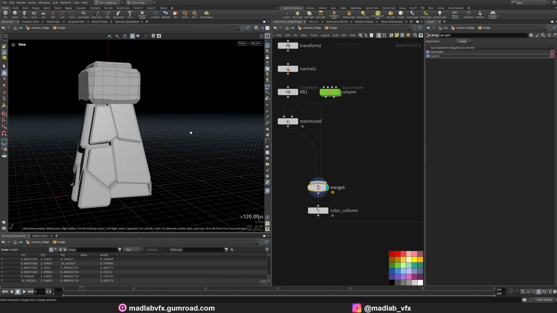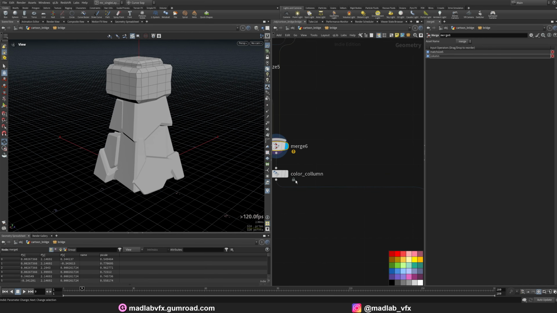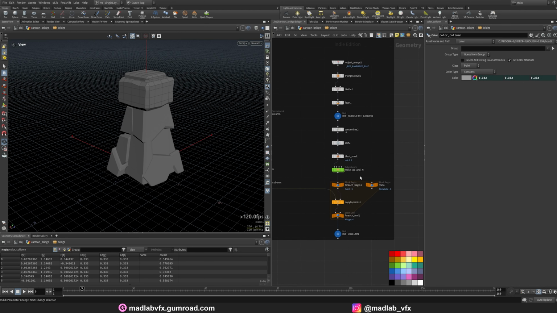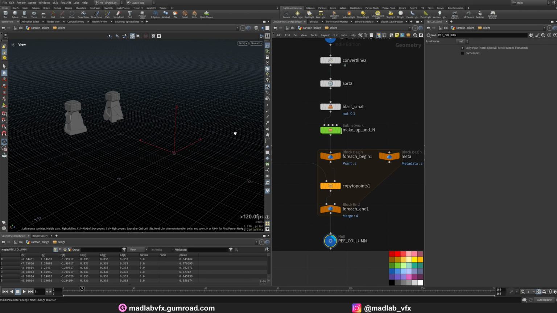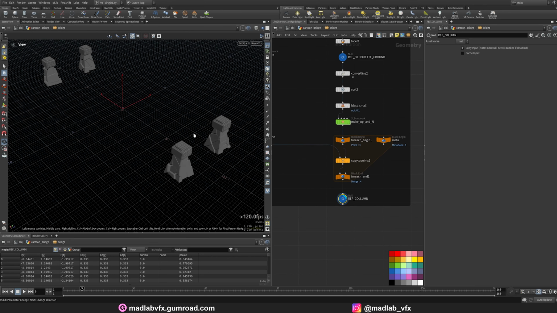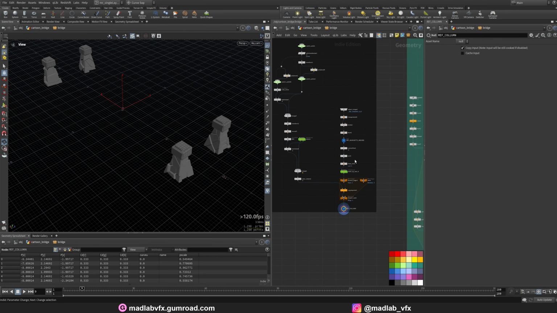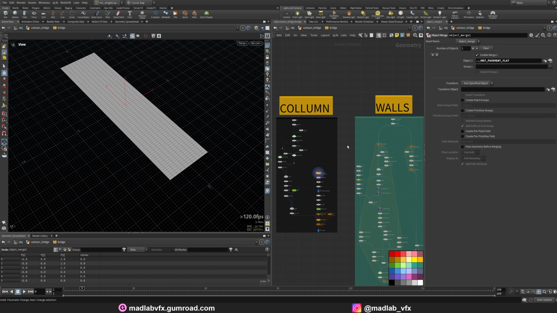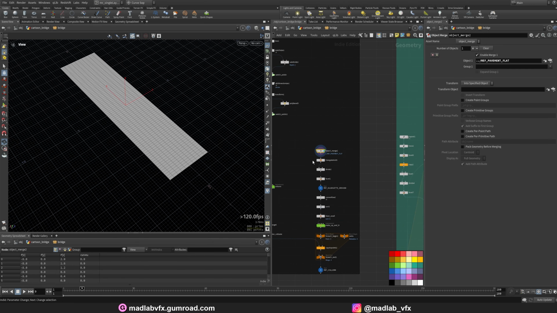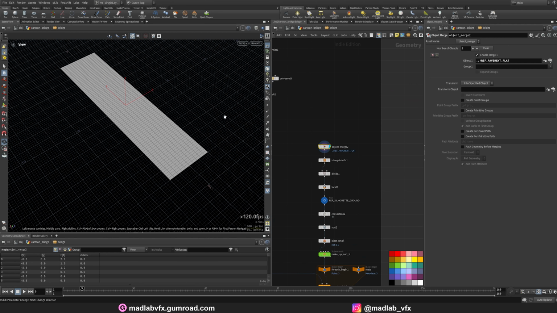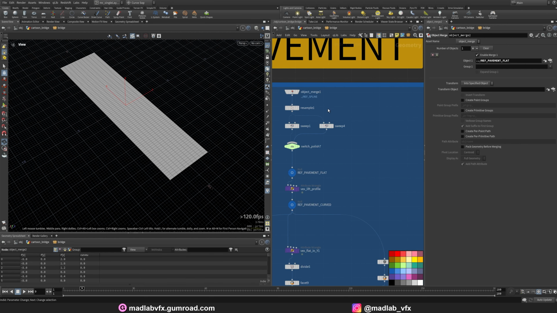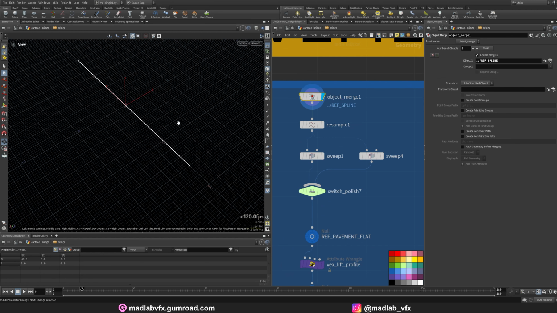And merge both together. Apply some color here. That's the column. And to copy all the columns for each point here, first we need to create the pavement, because this is a reference to the pavement, but let's show how I created the pavement here. I import the spline,